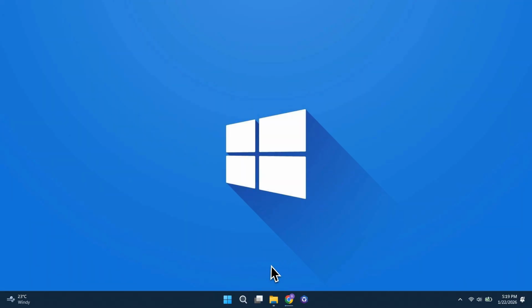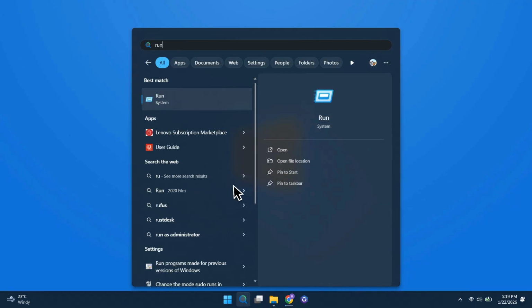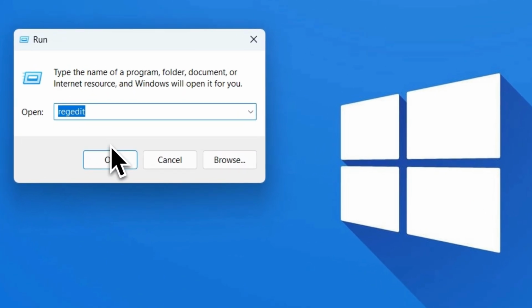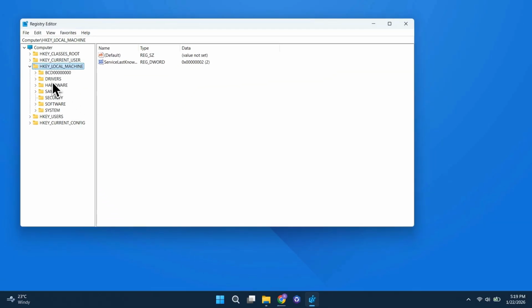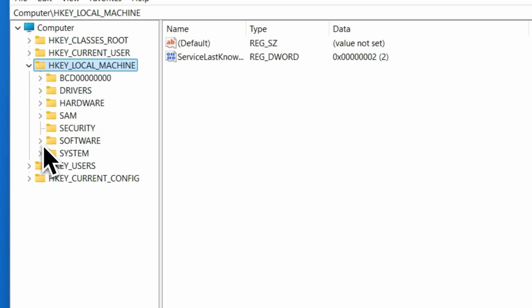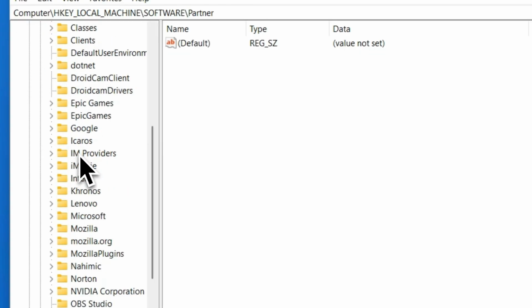Now for the second method, head over to Search and type in Run, then open it. Inside the Run box, type regedit and click OK, then click Yes if prompted. Once the registry editor opens, expand HKey local machine, then expand Software, scroll down and expand Policies,